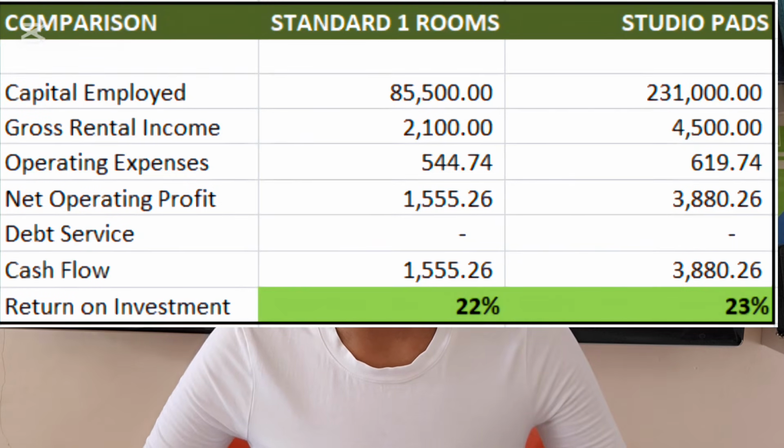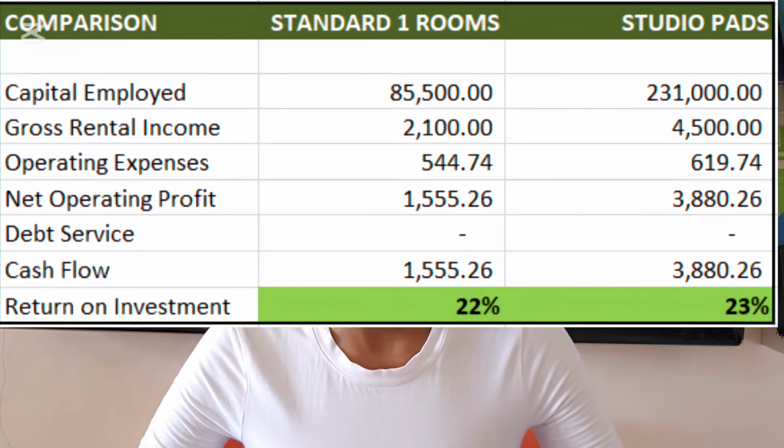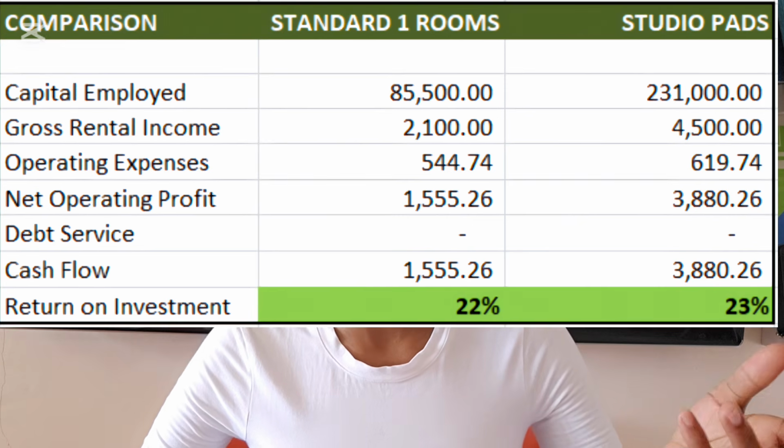So now let's look at the return on investment for the studio pads. Our return on investment for the studio pads is 23%. There you have it. 23% is higher than the standard one room. So just looking at these numbers, you are going to make a conclusion that a studio pad is a better investment compared to standard one rooms. But like I've said, this information is very subjective. There are so many ways